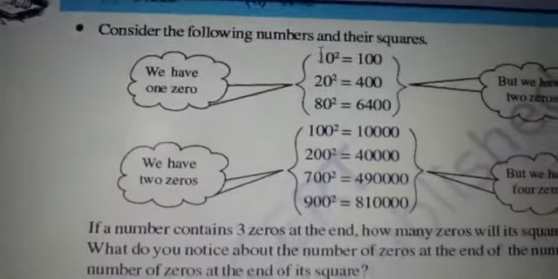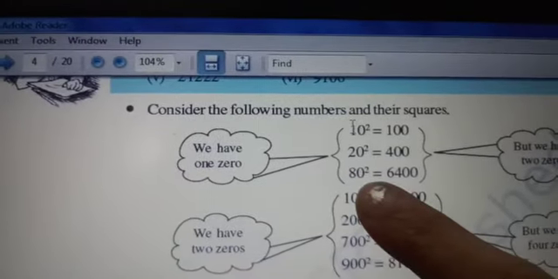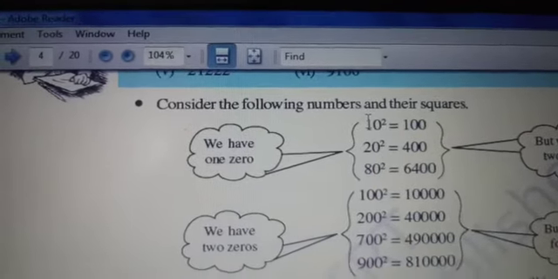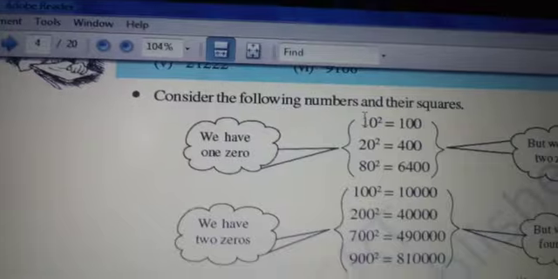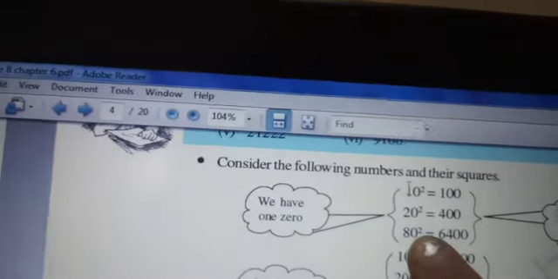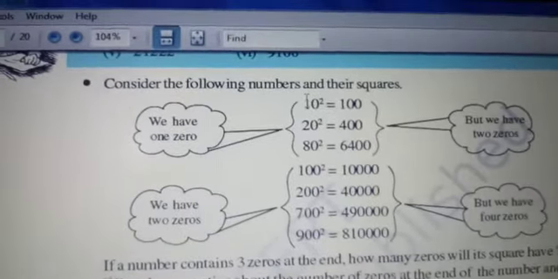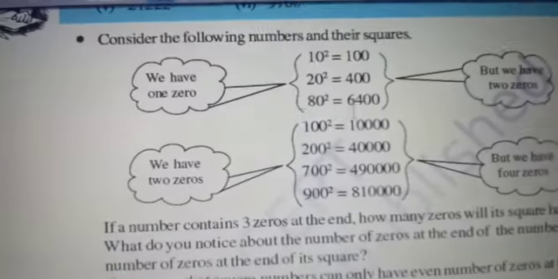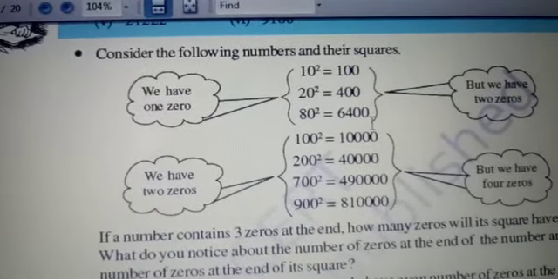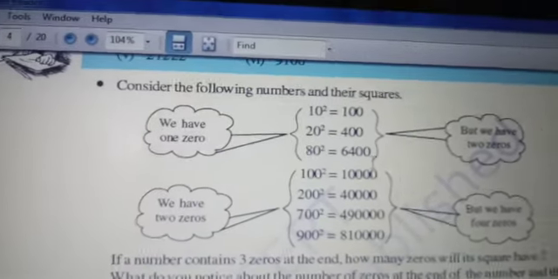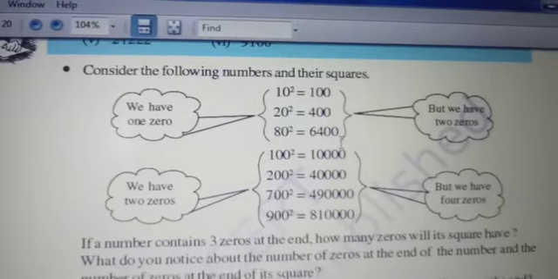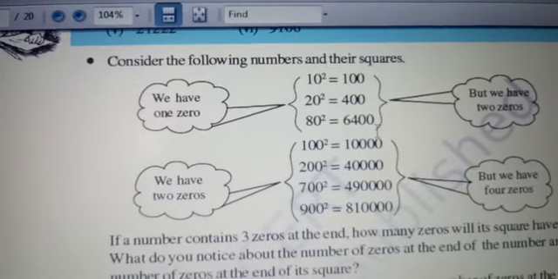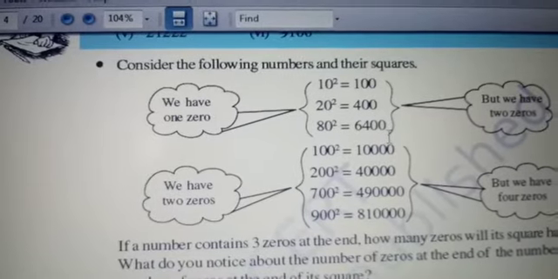So what you are doing is, if you want to find 80 square, you don't do the 0. You just find the 8 square alone. 8 square is what? 64. You write the 64 first. Then the zero square, how much? 2 zeros will be coming. So 64 and 2 zeros. If it is in the form of zeros, like 400, for 400 how many zeros? 2 zeros. 2 zeros in the question means in the answer 4 zeros will be there. So 4 4s are 16, means first you will write 16, then you will put the 4 zeros.